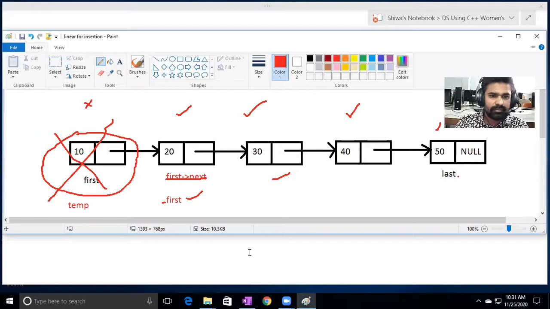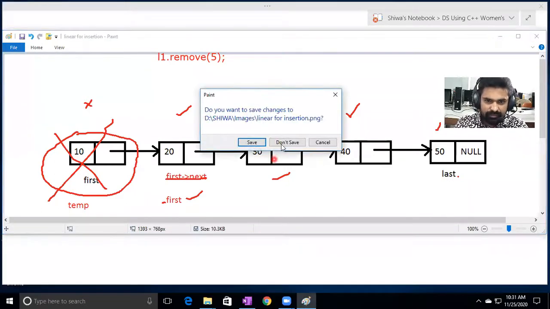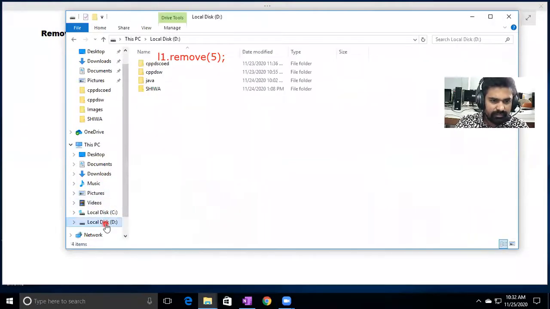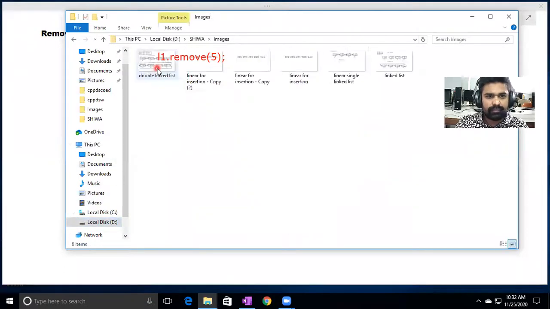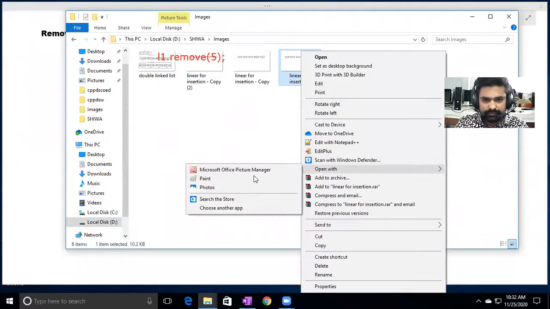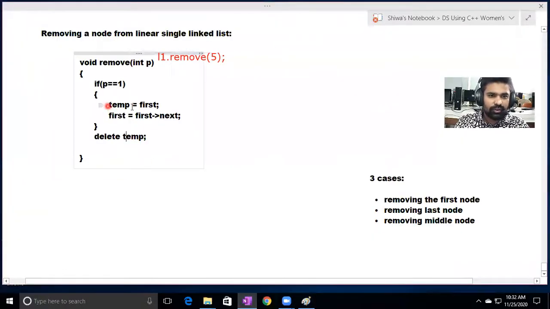Observe. I'm taking the example again because we removed one node here. Just now we have written the code to remove the first node.